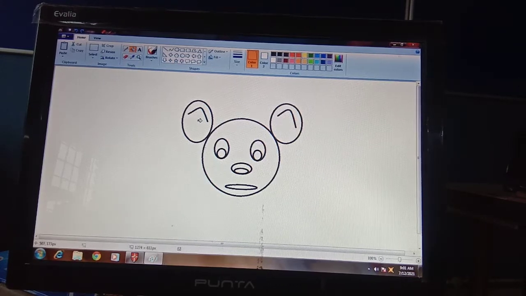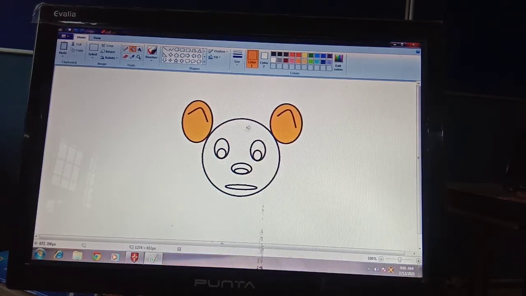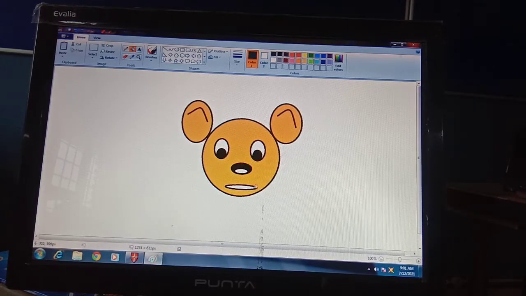So I'm just making it yellow, like this, and black color eyes like this, and the nose is also black. And your lips are of red color. So a small picture is created.